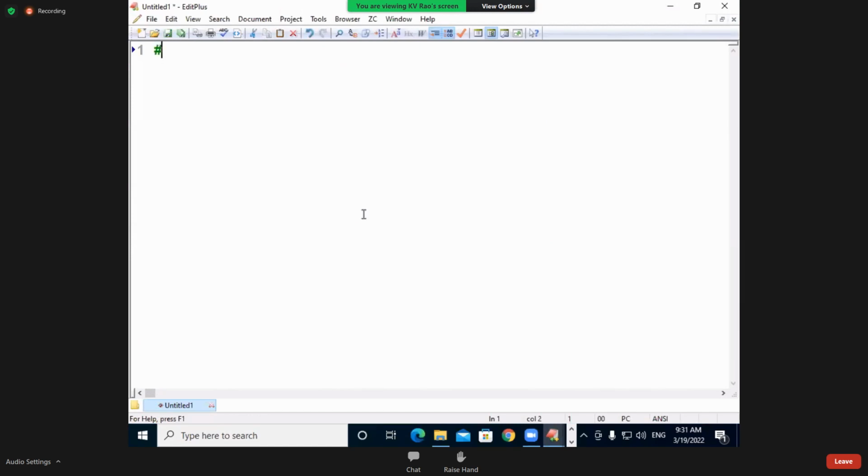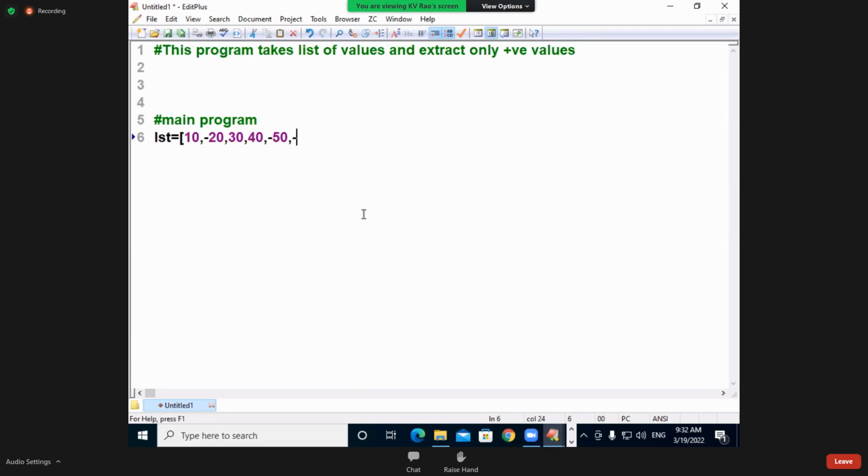Come on. Filter example 1. In this small example, the program takes a list of values and extracts only the positive values. Filtering means positive values. So, my dear students, I am taking the main program. What is my main program? lst = [10, -20, 30, 40, -50, -60, 70, 70, and then